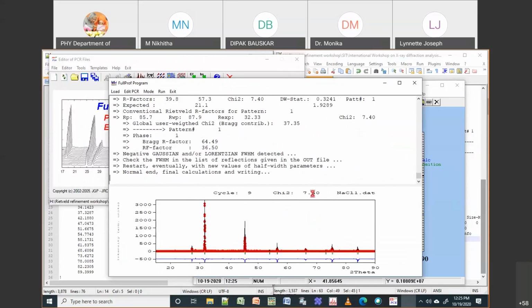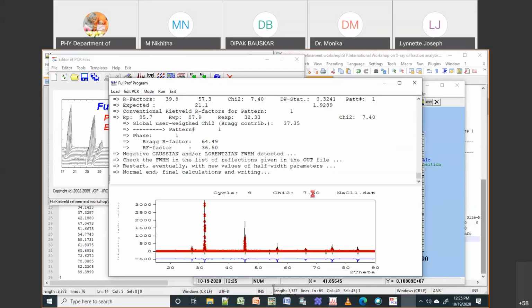So now what you do, you just run it again. One more. So you can see it has already reached 2.99. Okay. So this is a very simple example, so it is easy to get in 2-3 shots. But if you are using a different sample, then it is not that easy. But still you can see here there is some discrepancy in terms of intensity.